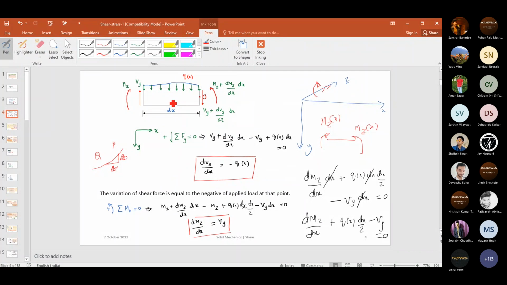So similarly, I can make this dx as small as possible. Then I don't have any meaning for this, because it is a very small quantity, maybe of magnitude epsilon. So I can neglect that. That is what I have neglected. Is that okay? Yes, sir. So we have neglected that, I have not written it here. It looks odd, but the variation of bending moment at any point will be equal to the shear force at that point.